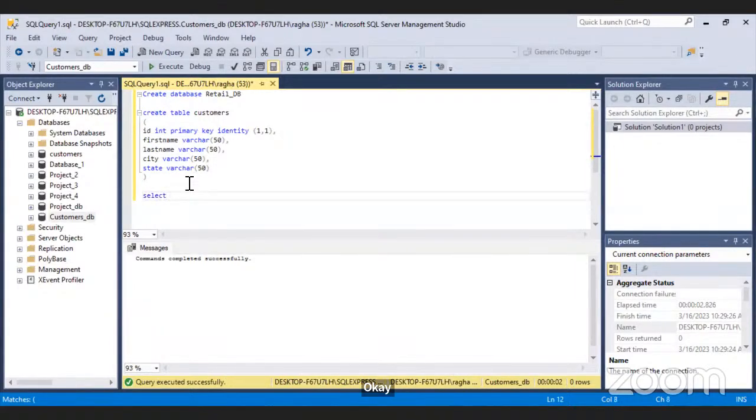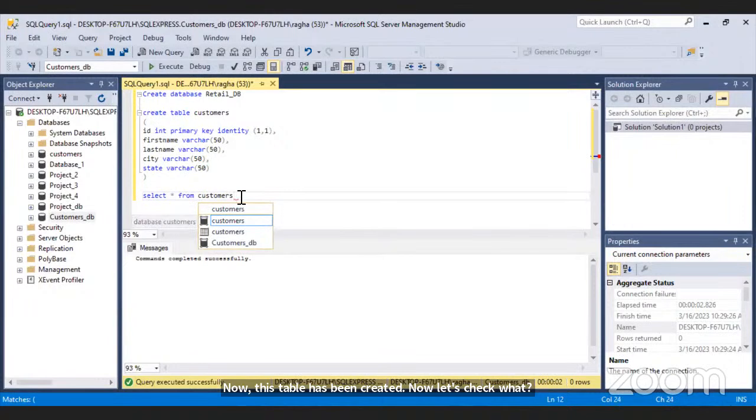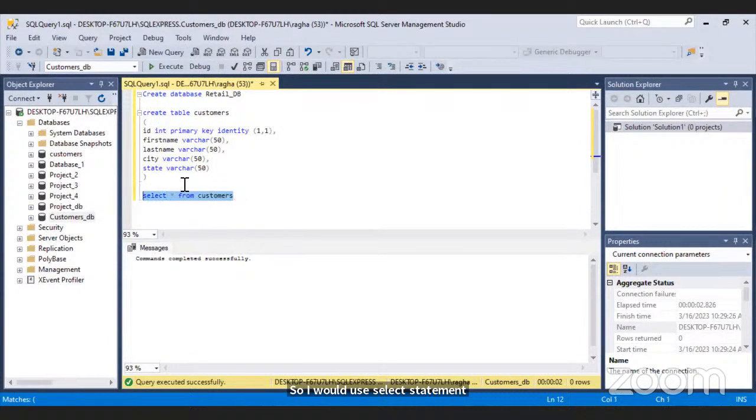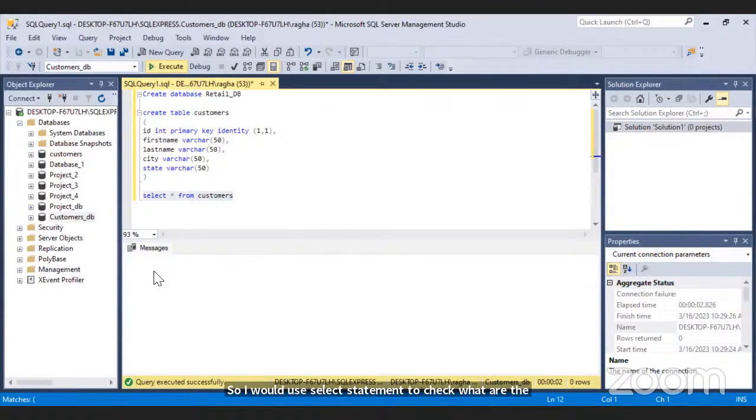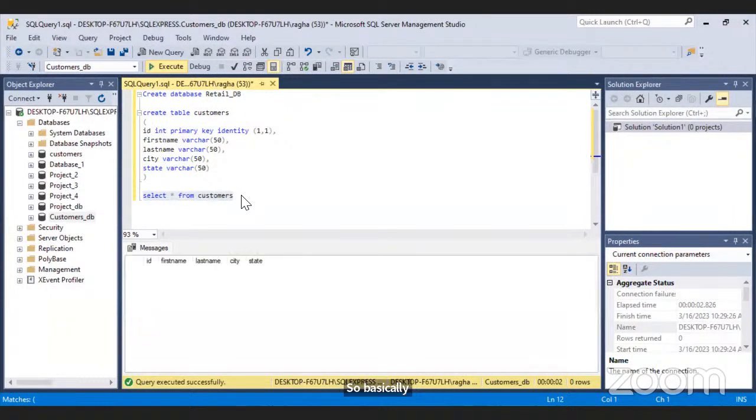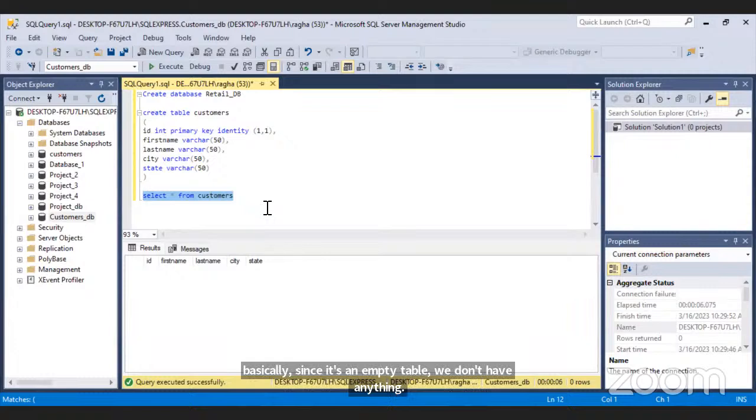Now let's check what's in this table. I would use a select statement to check the contents of the table. Since it's an empty table, we don't have anything here. So now I'll be adding data to this.